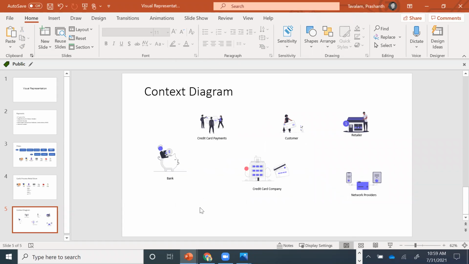Okay, so here is where you're showing, okay, who else is there? Credit card payment, customer, retailer, network provider, credit card company, banks. Then you have, do we have...